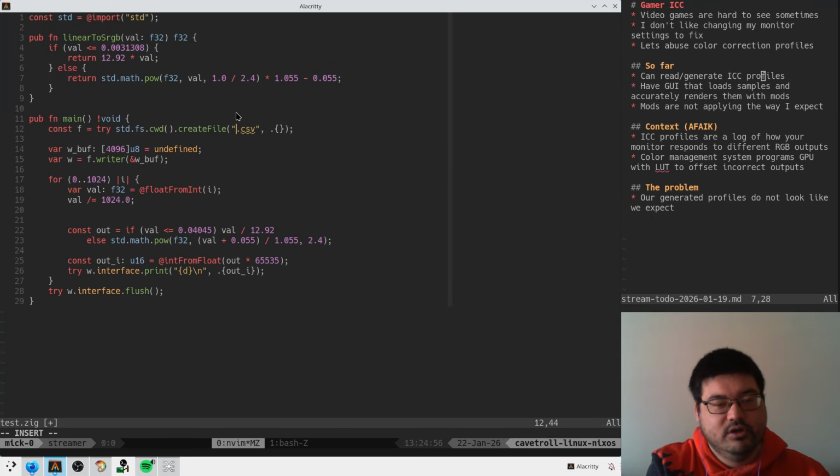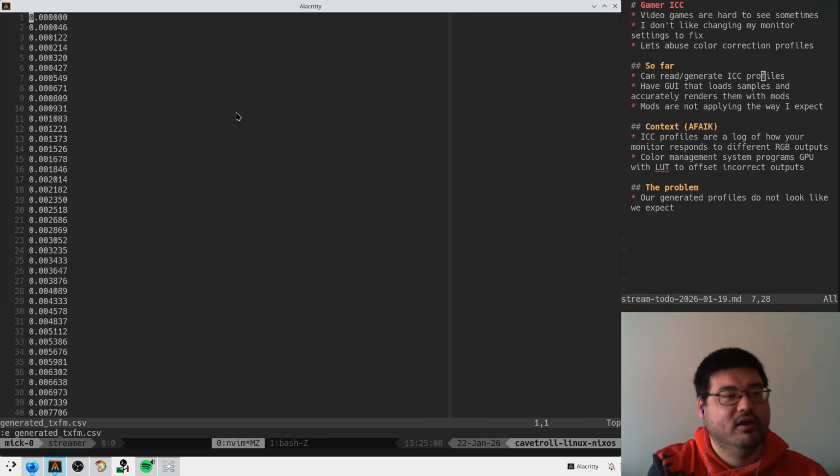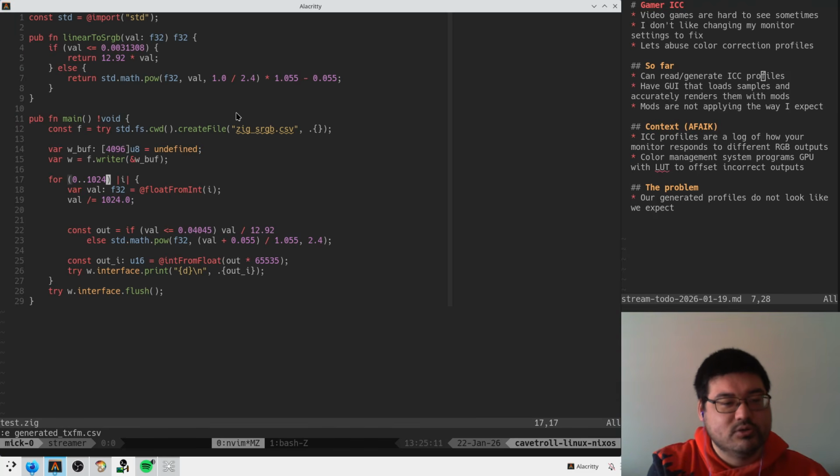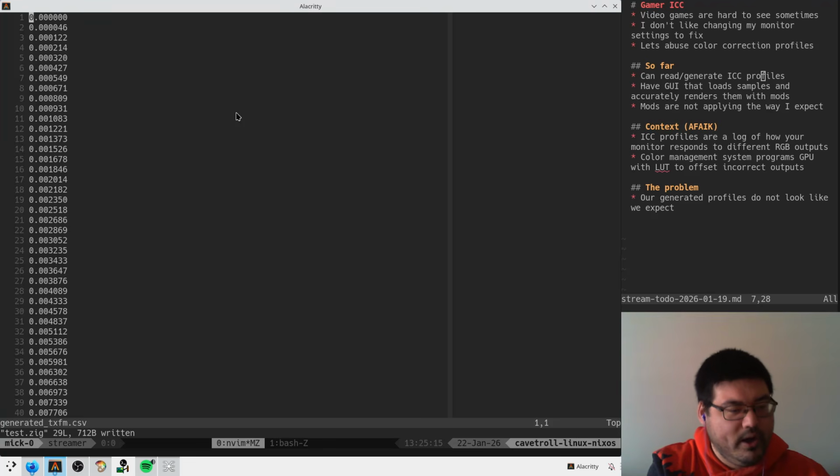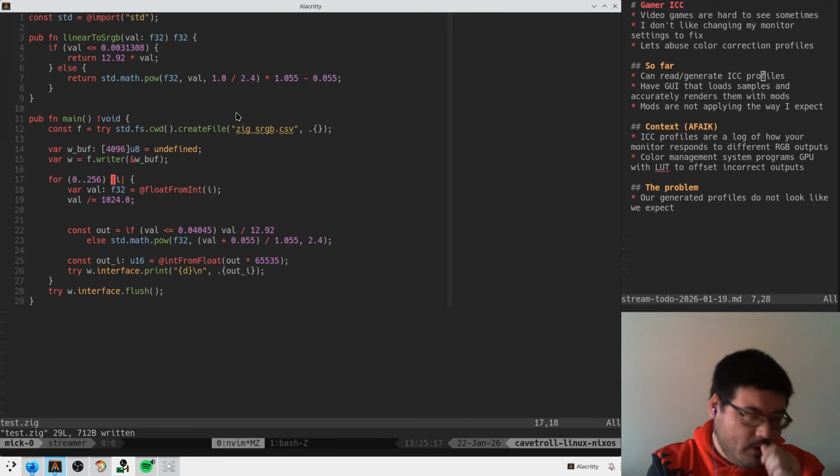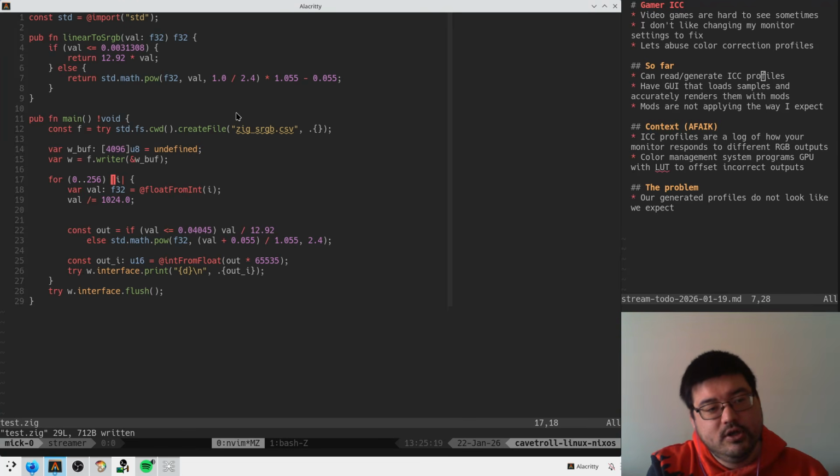Let's call it zig sRGB, and we open a writer, and we go from 0 to I guess however many entries are in our generated transform. So we have 256 entries, I think. 1 to 256, yeah. So we should be able to take